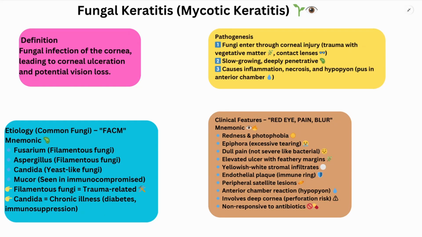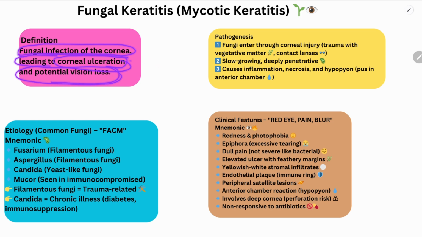Today in this video, we are going to discuss an important topic in ophthalmology, that is fungal keratitis, which is also called mycotic keratitis. The name itself is saying there is inflammation of the cornea. Kerata means cornea. The inflammation of the cornea is due to fungus. So, the name itself is saying fungal infection of the cornea, which leads to corneal ulceration and potential vision loss,